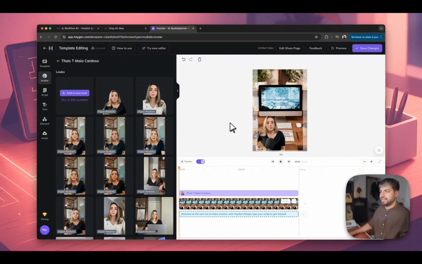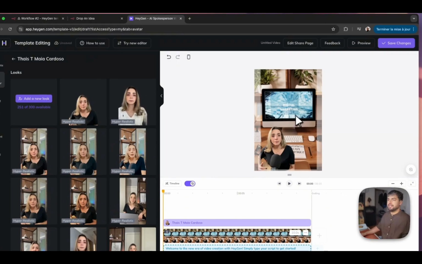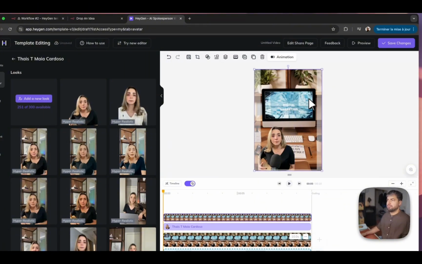Perfect. Okay, so now we have our template with Ties talking in front of a picture. Now we need to make things dynamic, right? We want the script, what it says, to be dynamic, and we want the image in the background to be dynamic as well. So for this, we click on the picture like that, and here we have a button, API. We click on it, and we will name the